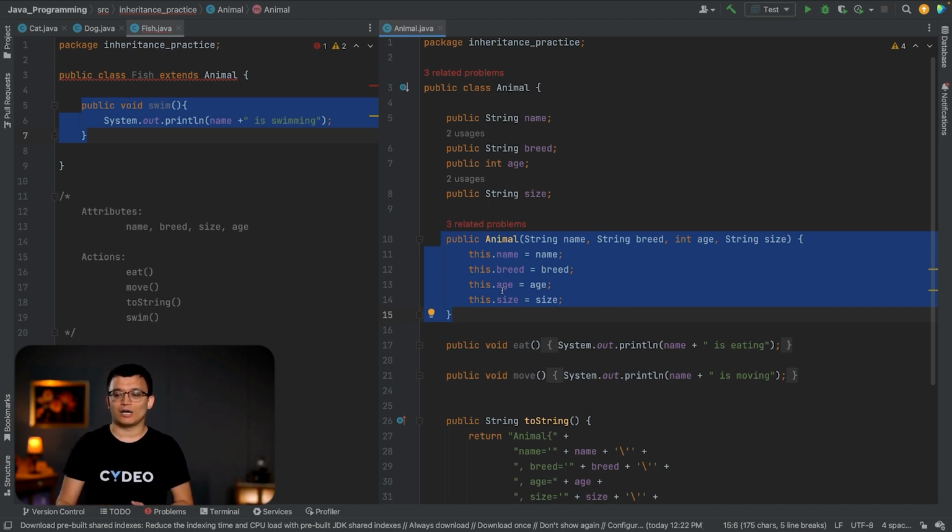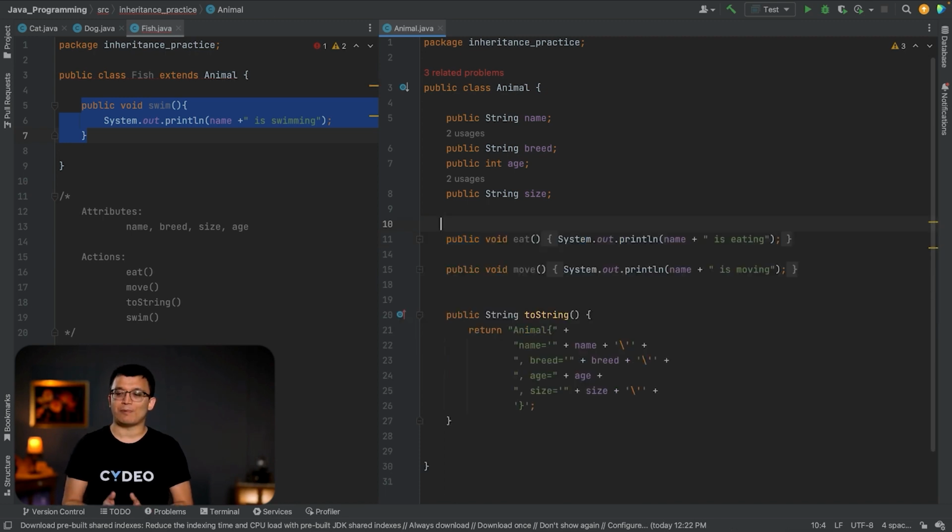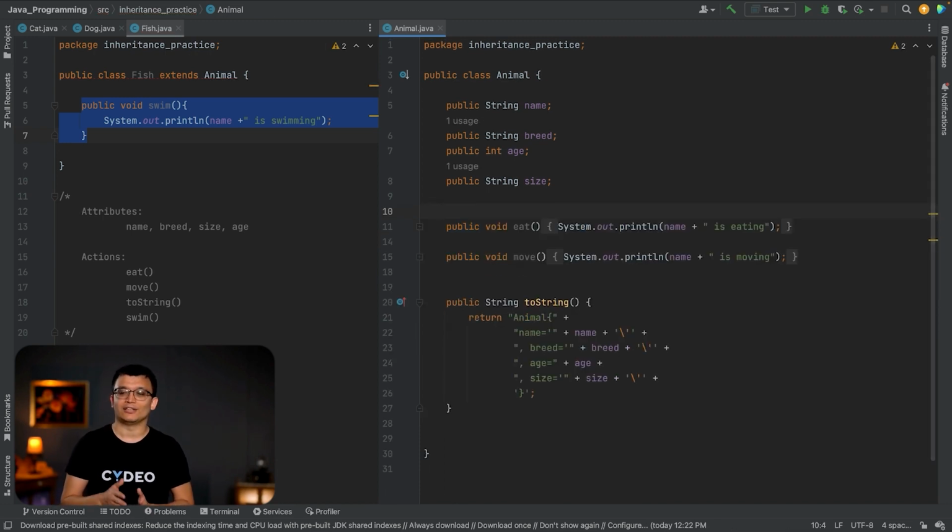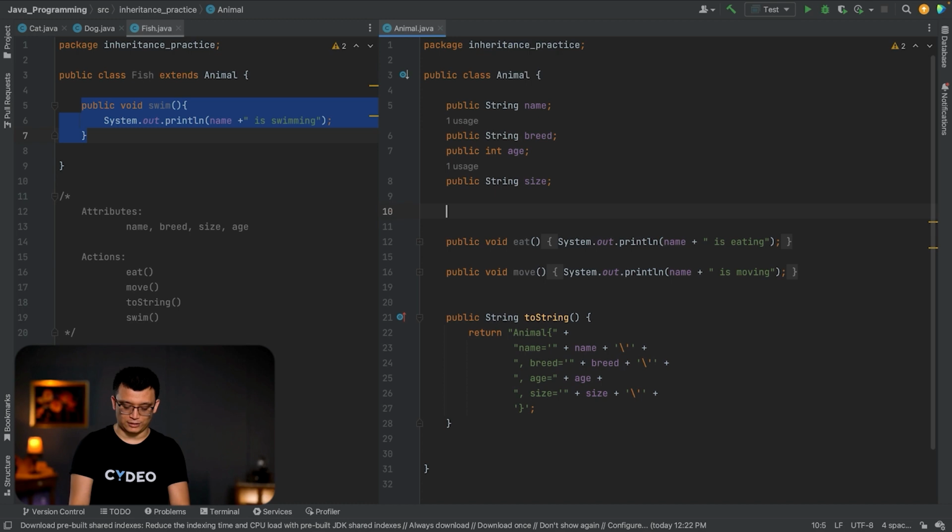Earlier, when I did not create this constructor, the parent class had the default constructor. Before we created this constructor ourselves, the parent class had the default constructor. That time the child class was not giving me any compile errors, because the parent class's default constructor would be called by default in the child classes. But when you create a constructor that is not default in the parent class,